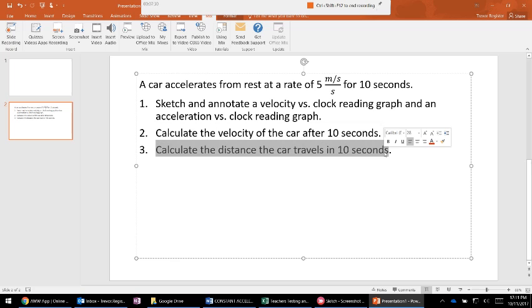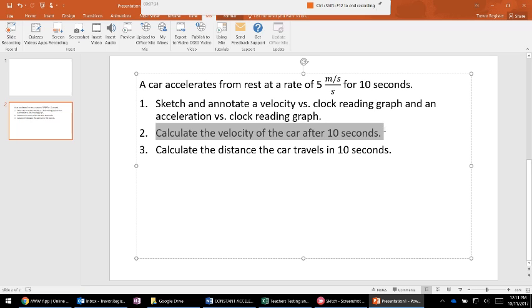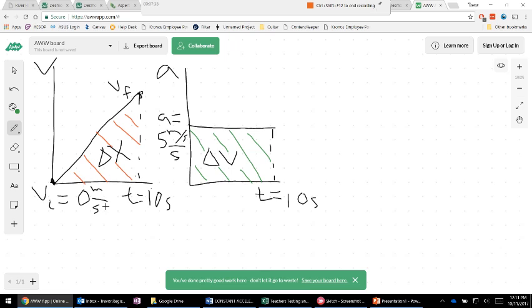Okay, so number two, calculate the velocity of the car after 10 seconds. We know the velocity starts at 0, but we want to know what it is at 10 seconds. So we want to know how much it changed by. It went from 0 to some other number. And so this is where we're going to use our acceleration graph, because if we know the change in velocity, we can figure out the final. And a good way to think about what delta V is,